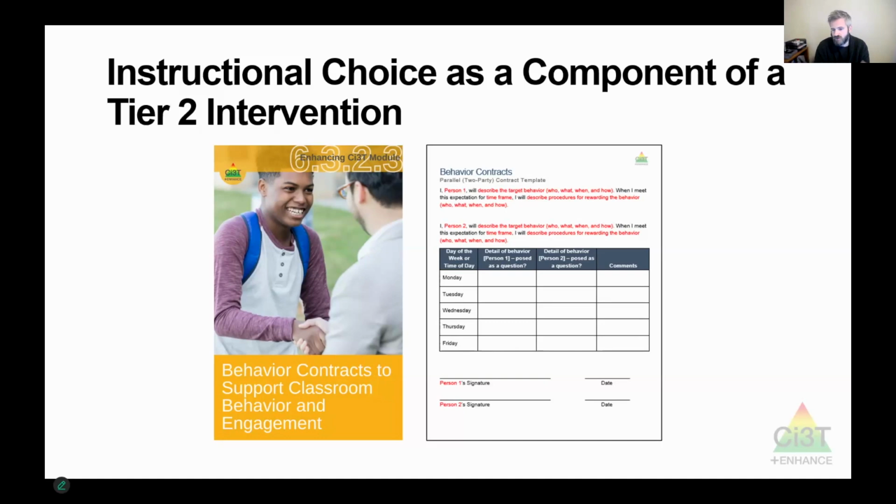So as you're learning this instructional choice skill, if you're thinking, hey, this is a great idea, but I'm not sure it's really enough to help some of the kids that are struggling in my class, we just want you to start putting it in the soup, right? This is going to be one of the techniques that you're going to have at your disposal, and think about how you can mix and match it with other things as well.